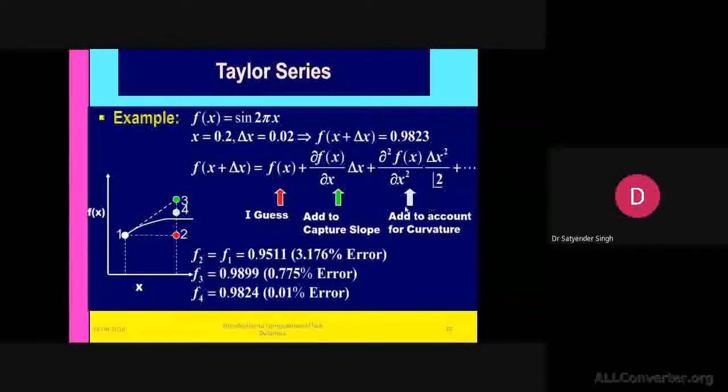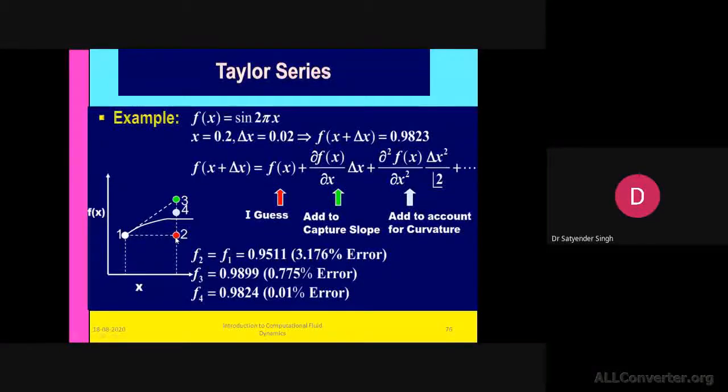If we only consider the first term, then we have inaccuracy in the solution. More accuracy will be added if you keep on increasing the order of the differential, like say second order to third order to the next level. So it is represented here. For the first case, we have a straight line which is not able to capture the slope or give you the real value, and it is only on the basis of the first case.